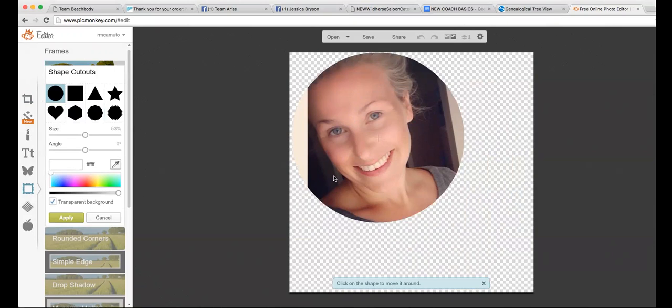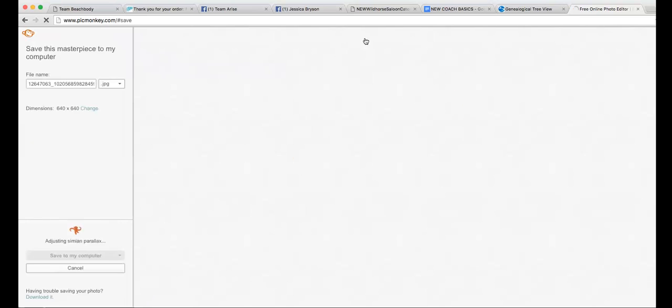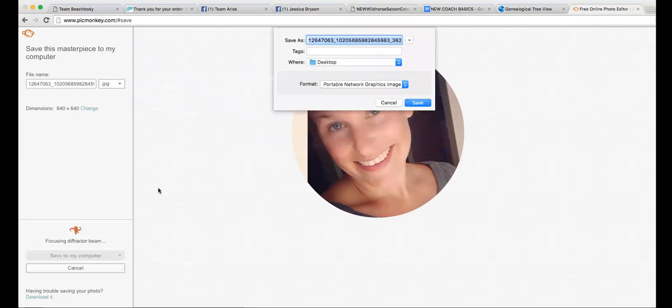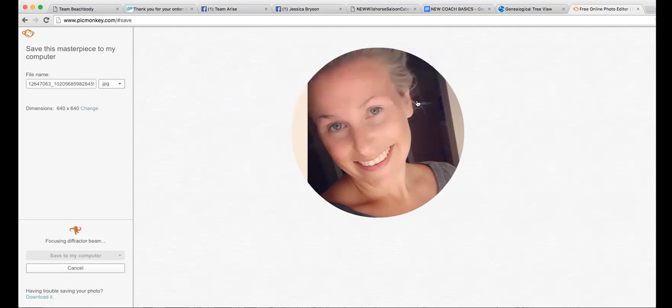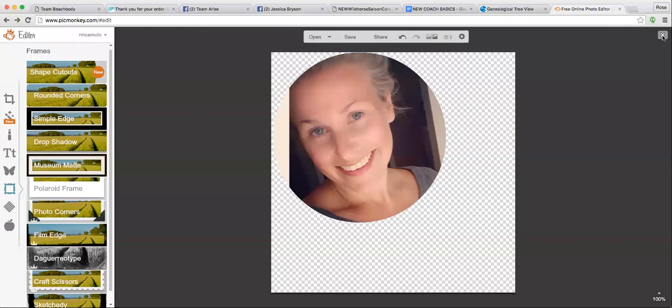So that is what I'm going to save from here. So I'm just going to click apply, and you'll see these dots here. So that means when you put this onto another photo, the background is going to be transparent. So all I'm going to do is now click save. Save to my computer. I always save it to desktop so it's easier for me to find, and I'll name it Jess, and I'll click save. So now this saved this picture that I cut out in a circle shape onto my desktop,